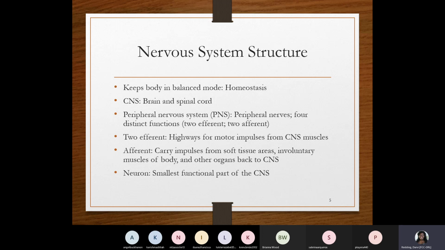Inside of our CNS structure, we also have neurons, which are the smallest functional part of the CNS. And so when we think of the peripheral nervous system, which you should remember works outside of the CNS, it includes, again, the afferent, which represents the sensory branches, and the efferent, which represents the motor branches. The afferent, which again means the sensory, those work by